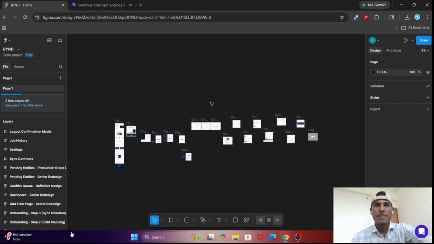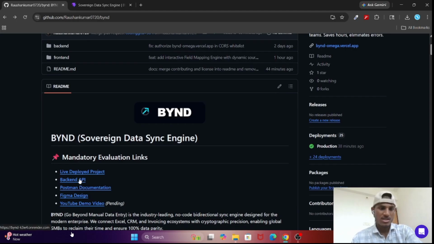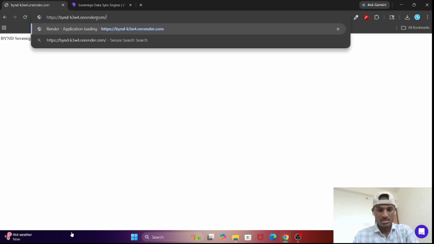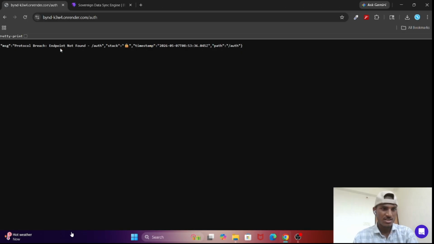Now, for deployment, I will show you some proof that I have deployed. This is the backend API. If I click here and add slash auth, you can check the message: protocol bridge endpoint not found, auth stack.